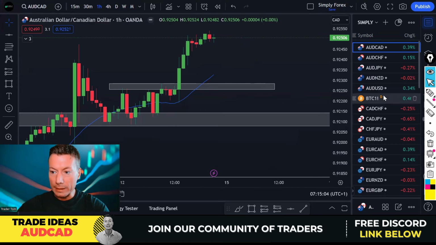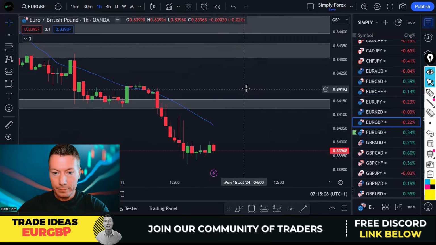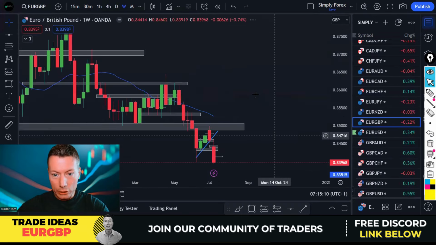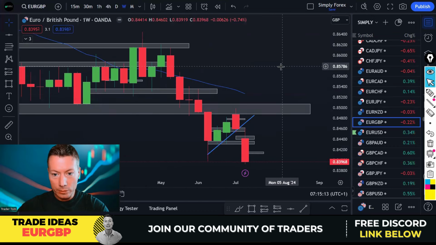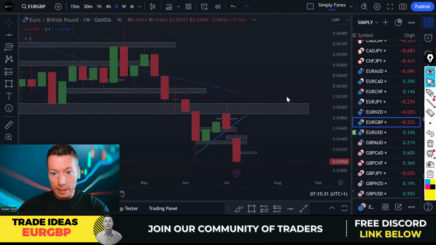The next trade idea is euro pound. And if we look at the weekly chart, you can see this very bearish weekly candle just broke this weekly low, literally by a pip. So we've just broken these weekly lows. You can see on the weekly chart that we're in a downtrend, right? You can clearly see that. If we drop down to the day chart now,